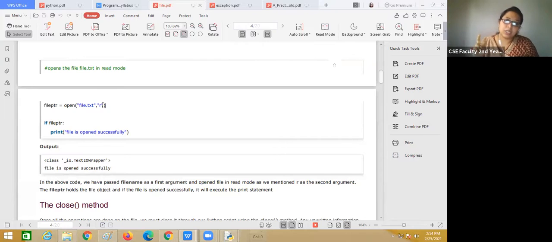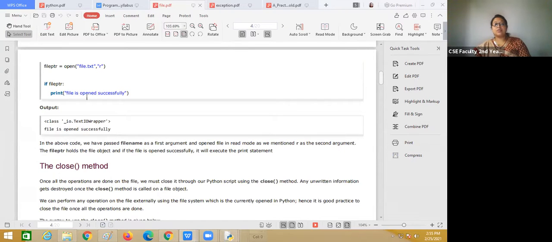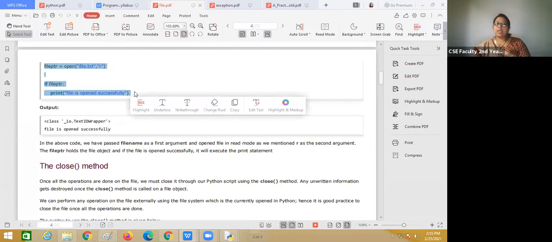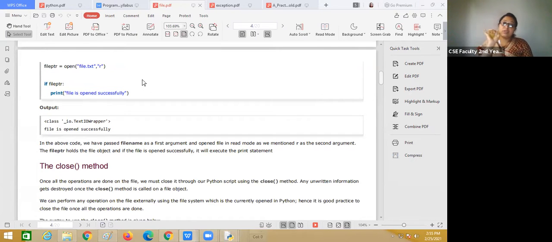It is read, so it should be in double quotes. So if file pointer, that means if the file is there in your folder, in that case it will print "file is open". Through this we can search for the file only.